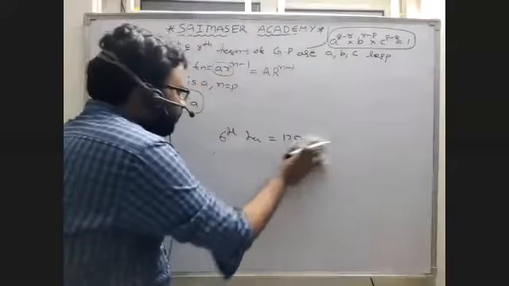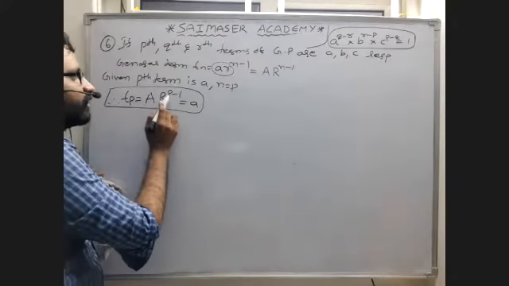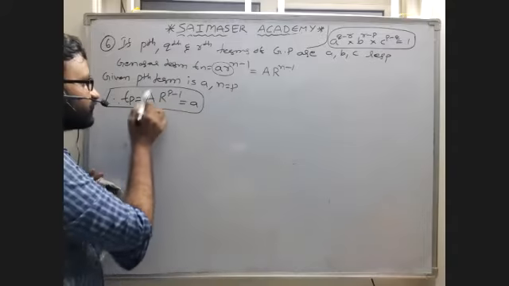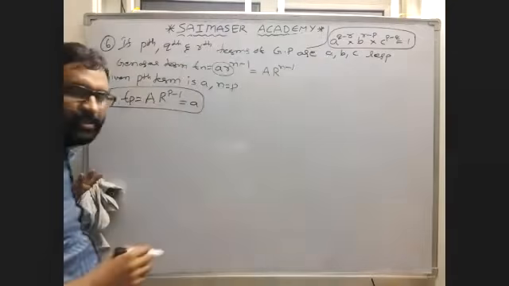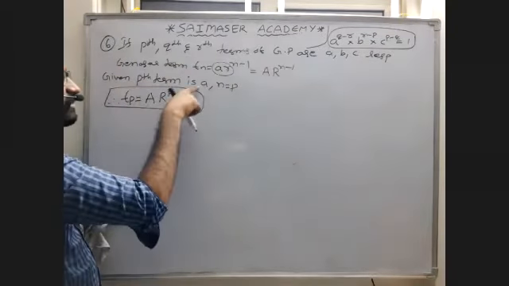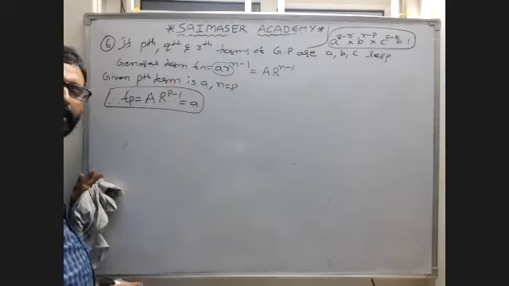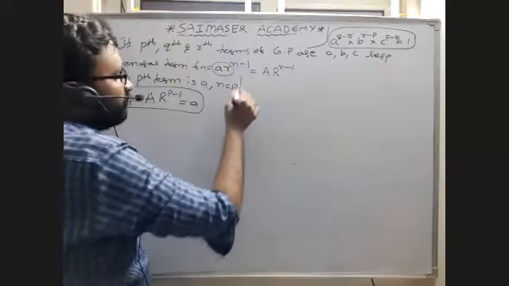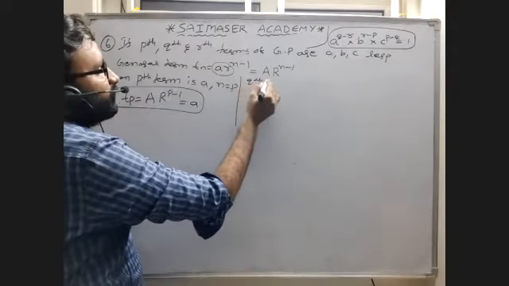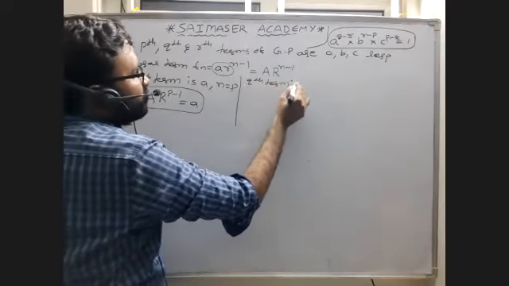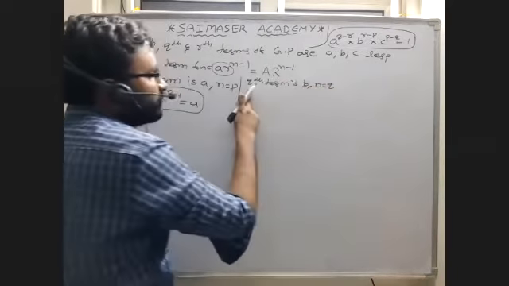So here, instead of the sixth term, the pth term is given. So Tp is equal to a r power, in place of n we have to write p. The pth term is given what? A. Tp is given a. We wrote here pth term is a. So Tp is equal to a r power p minus 1 is equal to a. Next, what is after that? The qth term. What is given for the qth term? B. So here n is equal to q.